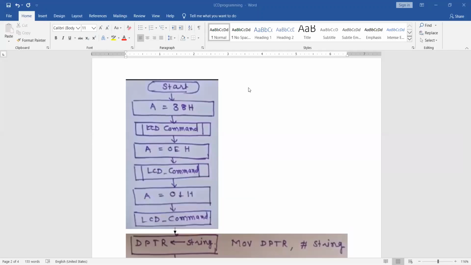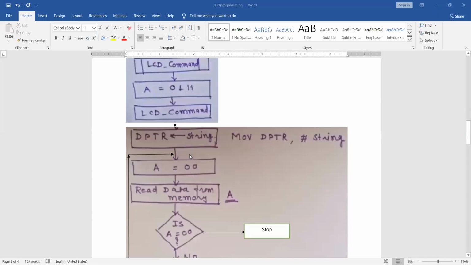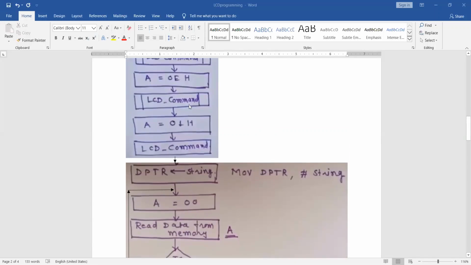Then MOV A, #0EH, ACALL LCD command. Then MOV A, #01H, ACALL LCD command.